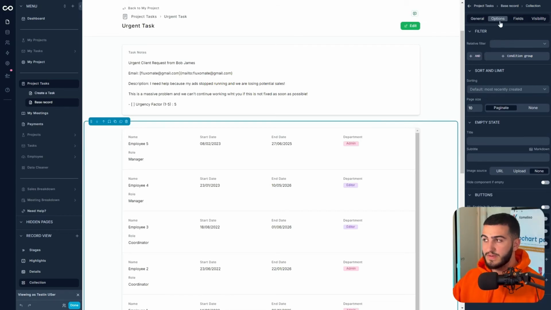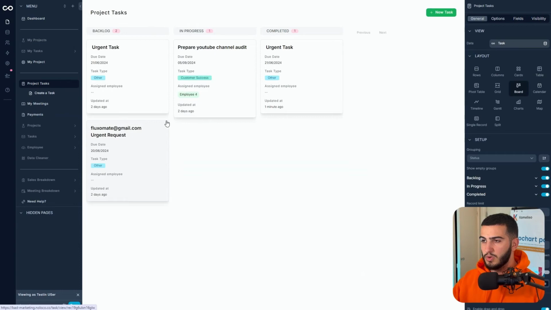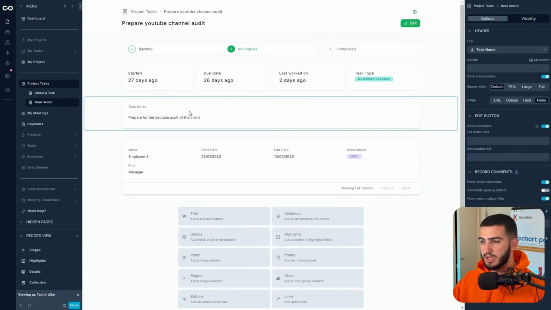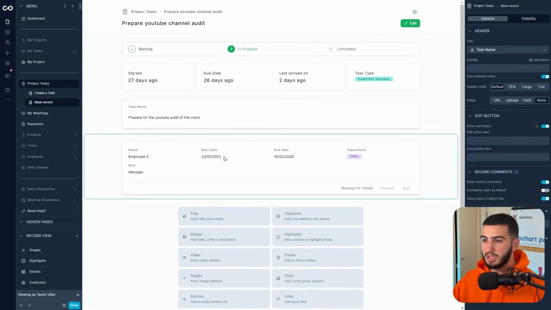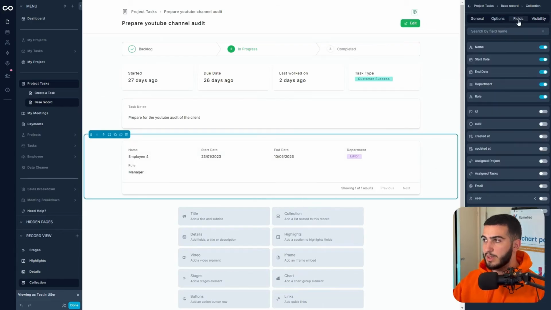So similar to what we've done in previous records, I'm going to go over to options and go to filter. And then for the relative filter, I'm going to put assigned employee collection. So now it's really going to show us employees who are actually assigned to this task, which in this case, there are none. So for this, I'm just going to see if there's another task that does have employees. So let's see this one, for example, that does have someone. And if we scroll down now, we can see this only shows the employee that's been assigned to this task. I do want to clean this up a bit, so I'm going to go to the fields,